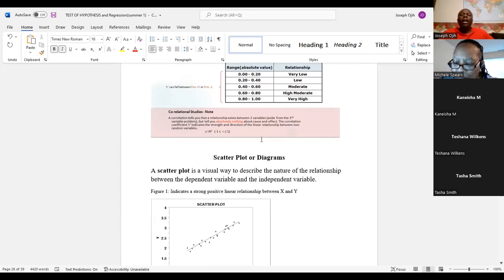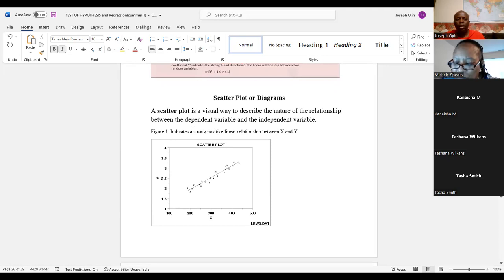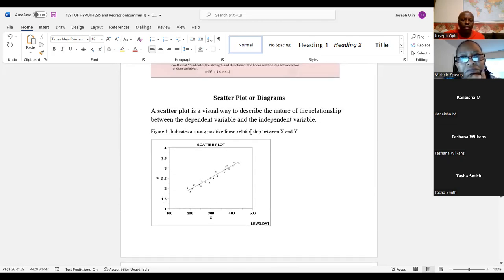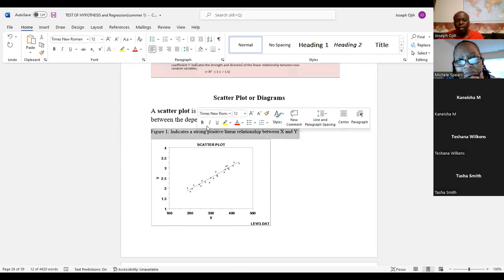Now, another one we use to show the relationship between two variables is what we call a scatter plot. A scatter plot is a visual way of describing the natural relationship between the dependent variable and independent variable. Look at this one here. These are the x and these are the y. If you plot all the numbers you have and get something like this, you can see that it is trending up. So it indicates a strong